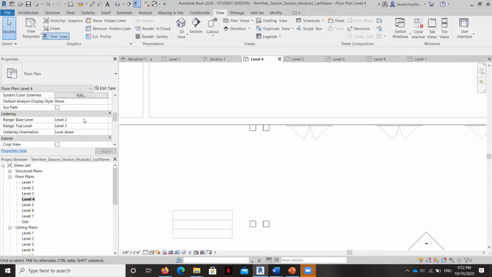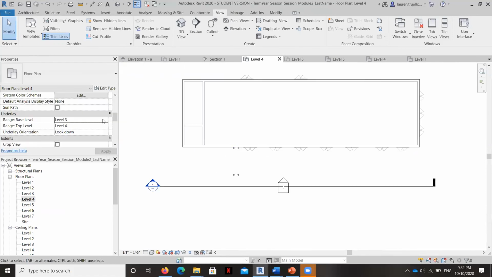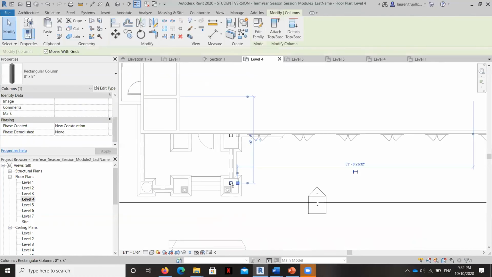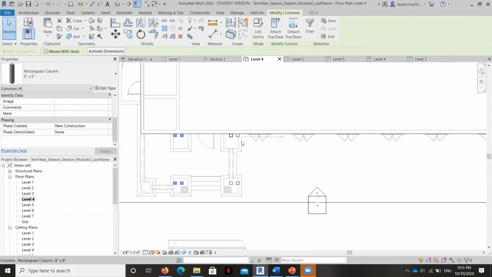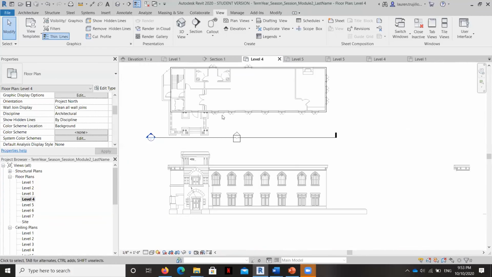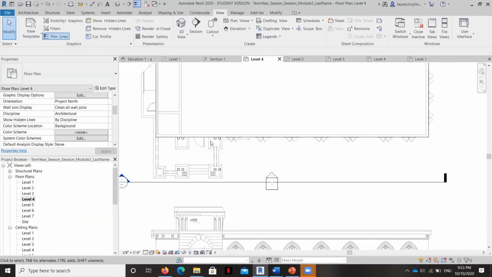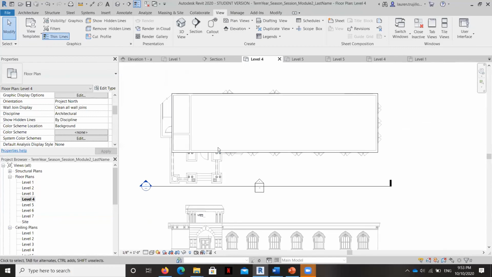And because I can't see anything that's going on down there so low, I'll go ahead and create my underlay. Do my underlay level 1. There we go. Now I can see everything. And we'll go ahead and mirror them. And I'm going to draw the mirror line by the door. Okay. So there's our funky little columns. Now we'll probably move them down the road, but that's where we're going to place them for now.